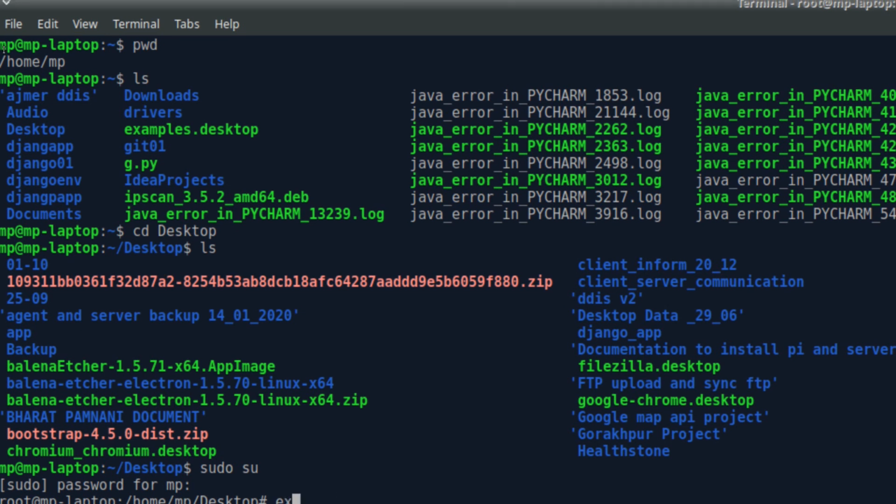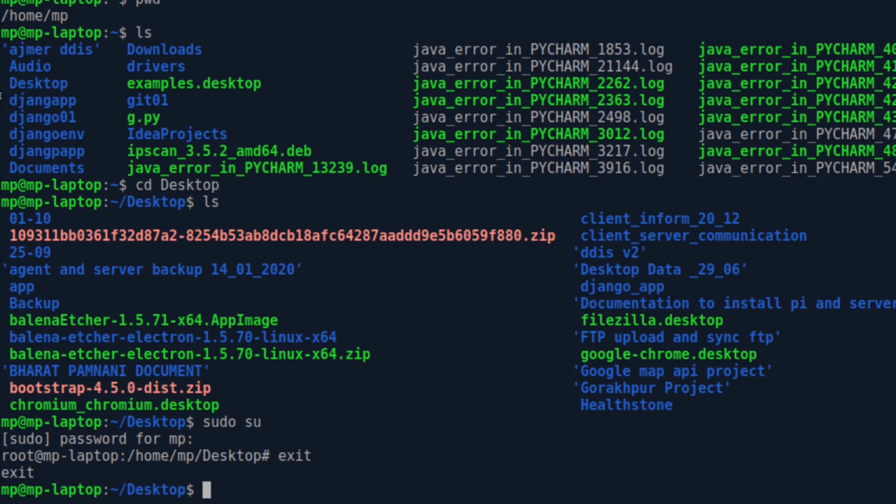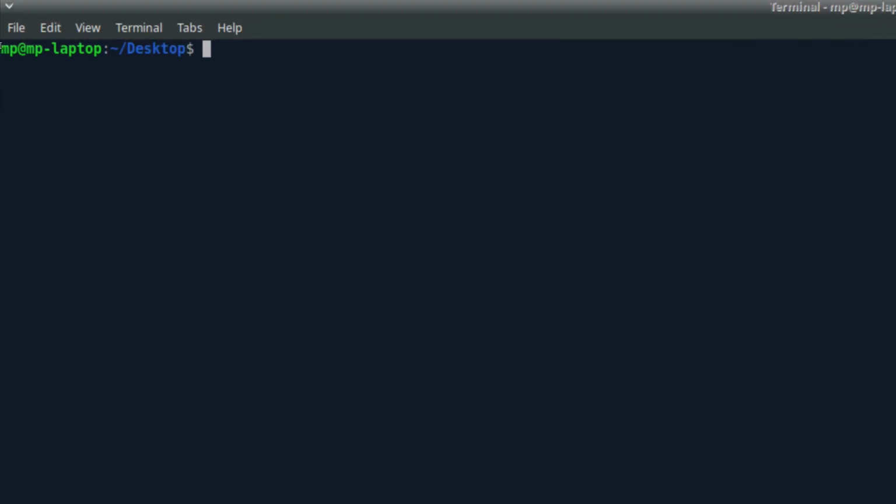Suppose we'll create one file first. So let me exit my root. So yeah, root is exited. And if you want to clear all these things, you can use the clear command to clear everything up. So now it's clear. Now suppose we'll create one file, or we can use that command. I'll make one file and then I'll edit that file.